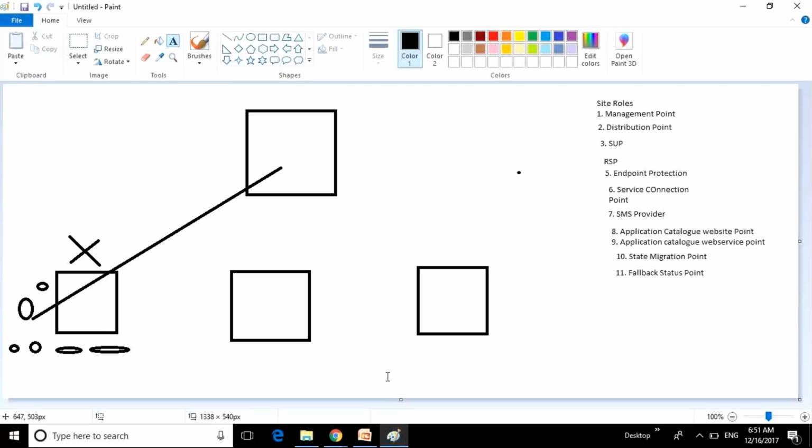If your primary site is down, how will the connection go? It will automatically change to the second, one more primary site. If you have two primary sites and one is down, it will switch over to the other site. How does it switch over? No, it is not like a load balancing thing. It is like